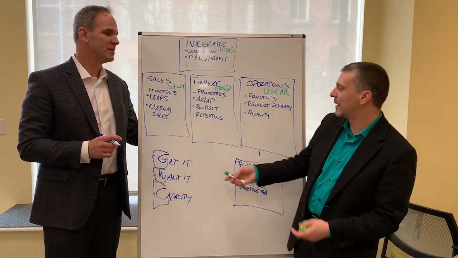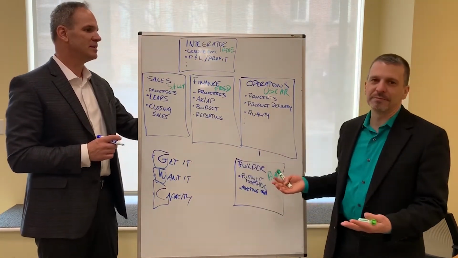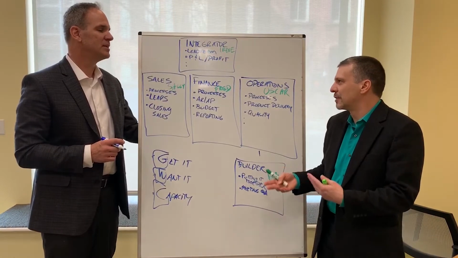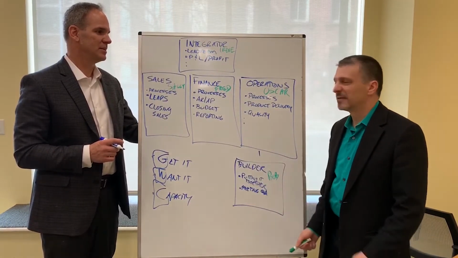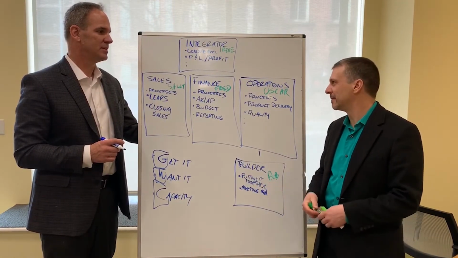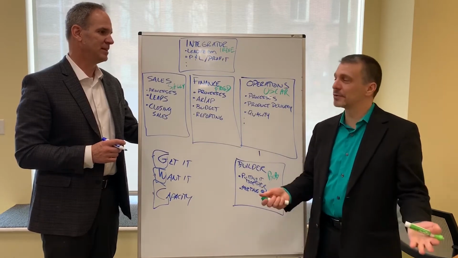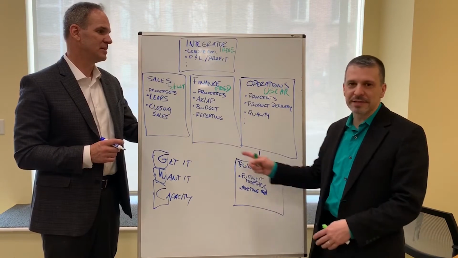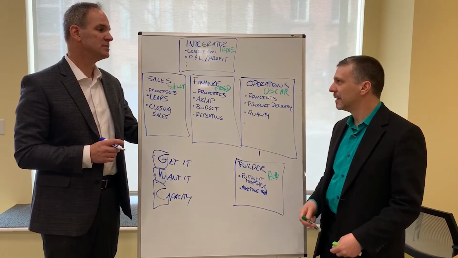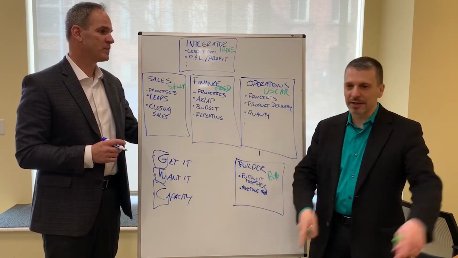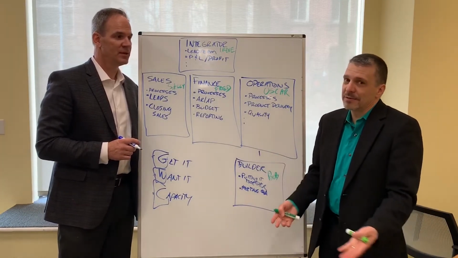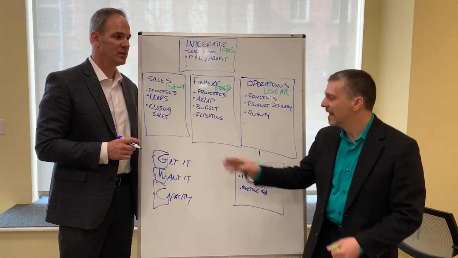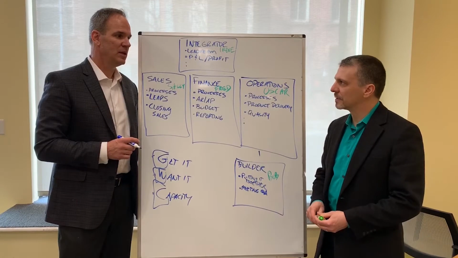So we literally want to ask, does Bob get the job? Can he do it? Is he the right fit for the skills? Does he want it? Maybe he doesn't want it anymore. Maybe he did want it, maybe he was a great builder at one point in time. And capacity: do we have him on other places in this accountability chart doing too many other things, going from one place in the assembly line to the other? Those are the sorts of pieces we have to look at. It's a lens to analyze this.